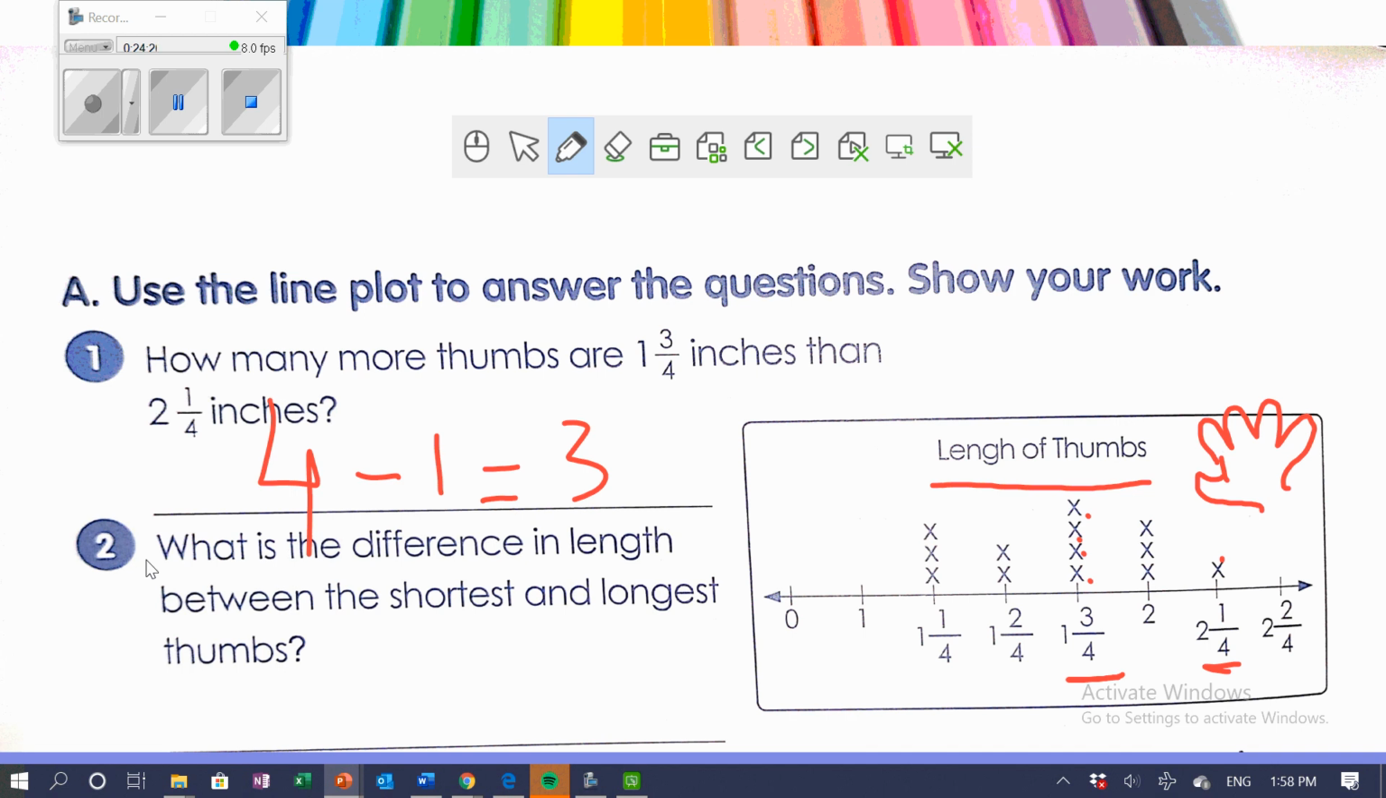Okay. Number 2. What's the difference in length between the shortest and the longest thumb? So where is the shortest? You told me teacher is 1? No, I don't have any thumb with 1. So it's 1.25. And the longest, it's not 2 2/4 because there is no x. It's 2.25. So the greater is 2¼ minus 1¼. The answer would be